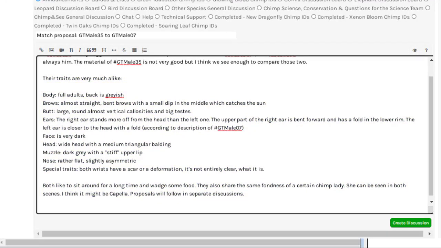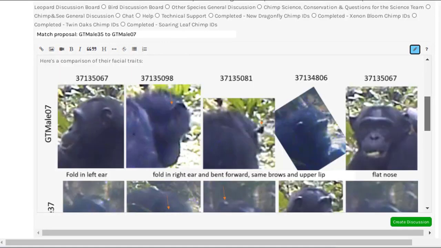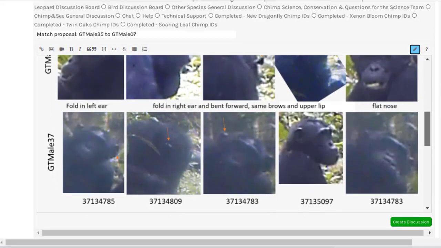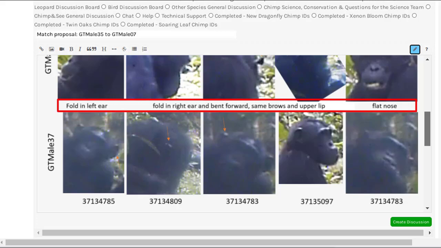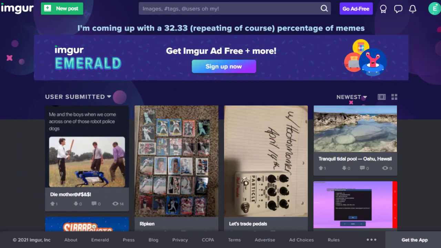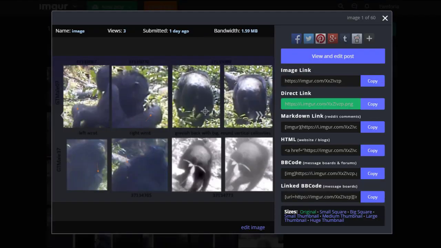Identify the traits that are similar, and also mention any traits that you think are dissimilar. If possible, help other volunteers see what you are seeing by providing visual aids. You can do this in a couple of different ways. For instance, you can share a screen capture or collage you've created to illustrate your point. Create it in whatever graphics program you prefer. PowerPoint is really good for doing this. Remember to use arrows or other methods to identify specific features that you want to point out. And also remember to identify each chimp in the photos.